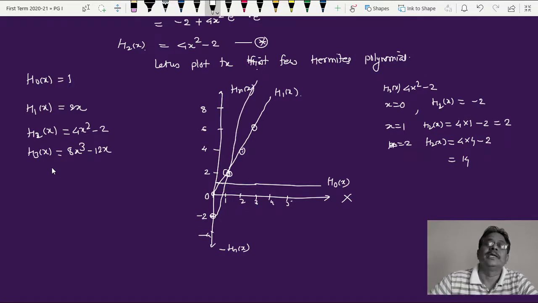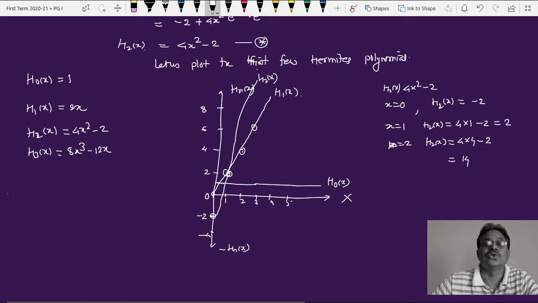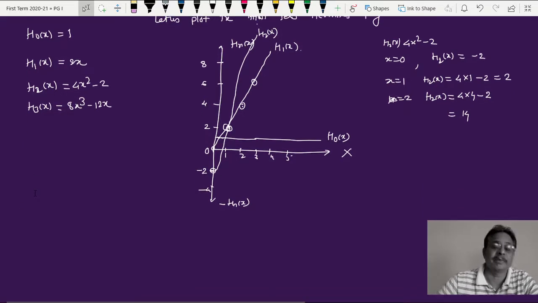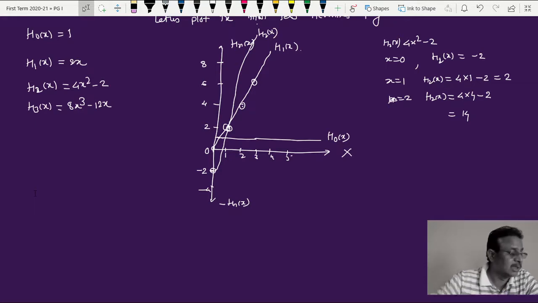So this is my h2 of x and so on. So I got h0 of x, h1 of x, h2 of x, etc. that can be plotted here as shown by this diagram. Of course, again my diagram is not to the scale, so you should look at any standard reference book or textbook. You will get a nice picture of these Hermite polynomials very easily. Or at the end of this lecture, I can show some of the diagrams from the internet that will give you how these particular polynomials look.